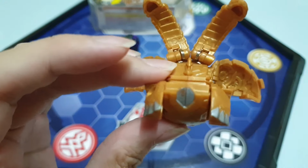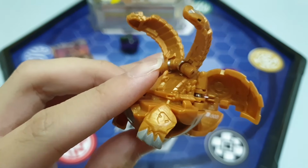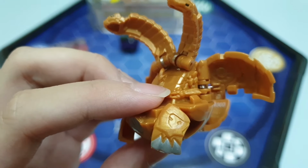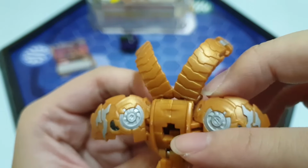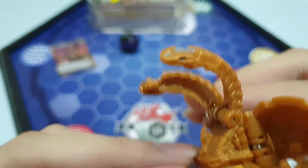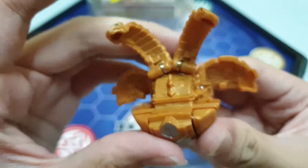It's gold in color instead of black and the usual green highlights. So now we have a silver paint here, and the gold color overall with black paint here. So very nice touch. So with that, I'm sure all of you know how to close this, but you push